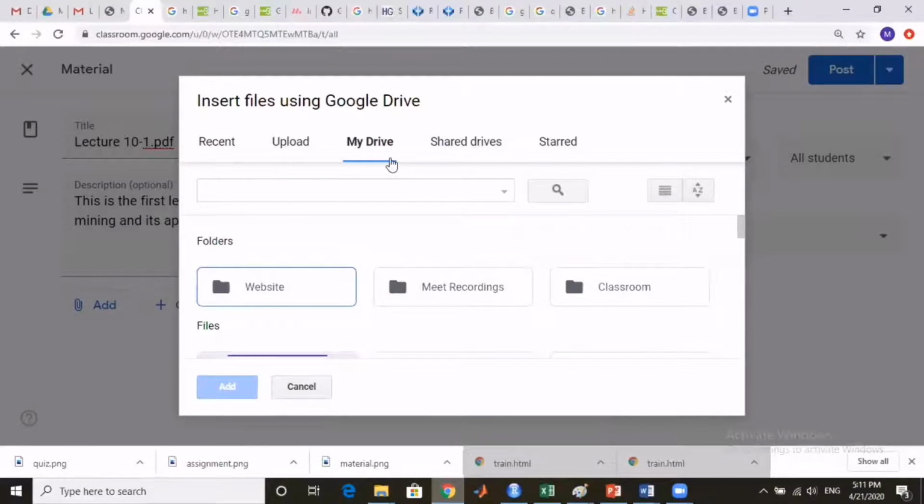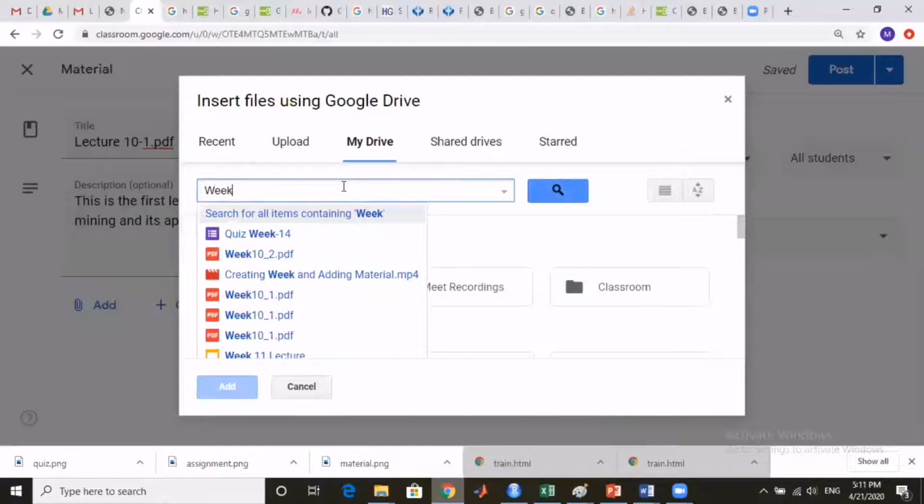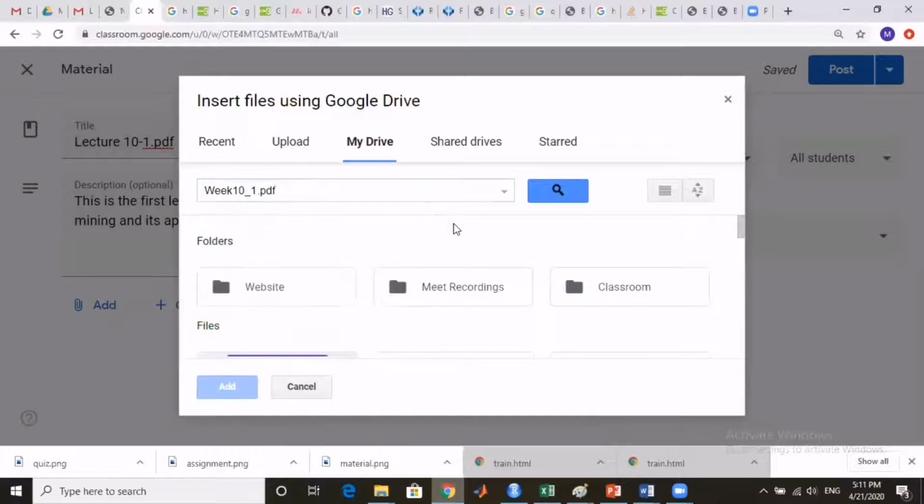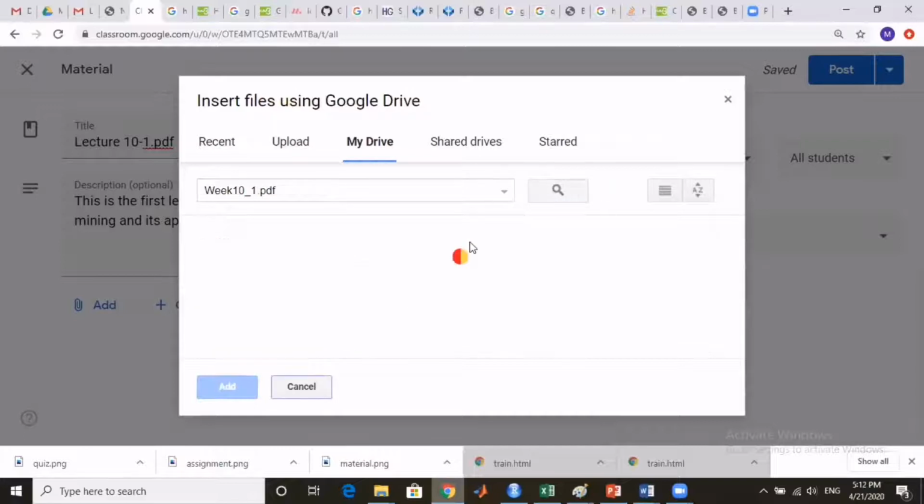I will click on My Drive, and here I will write the name of the file, or I can scroll down and find the file. I will write the name of the file as week10_1.pdf, and I will click on the search button.